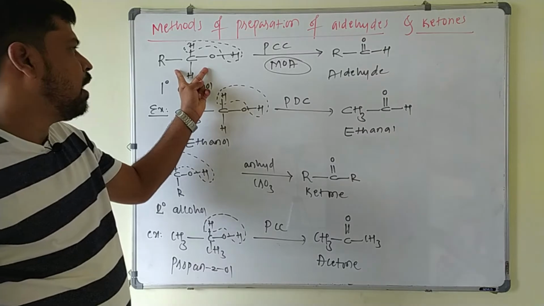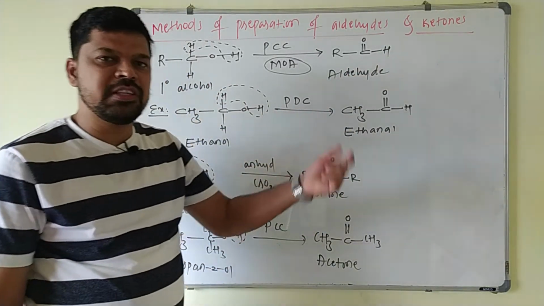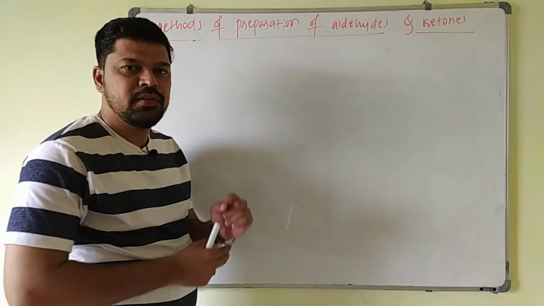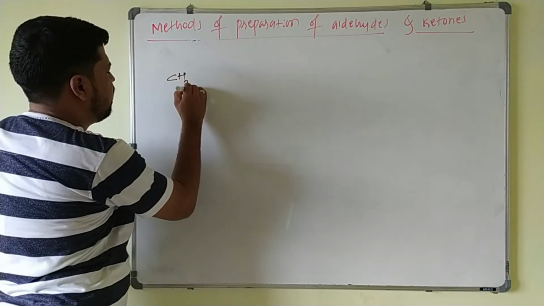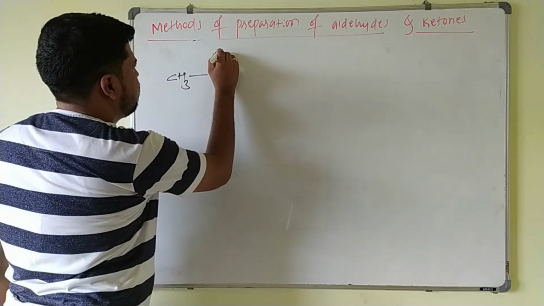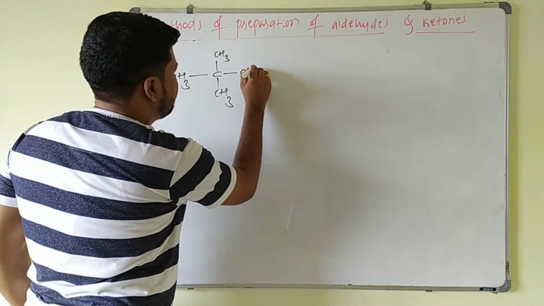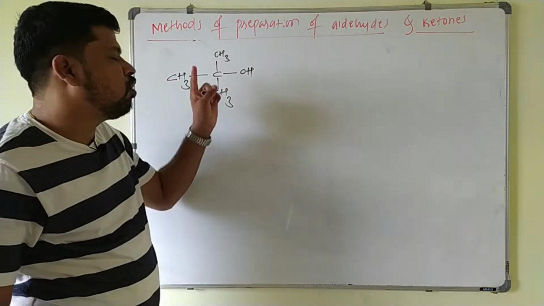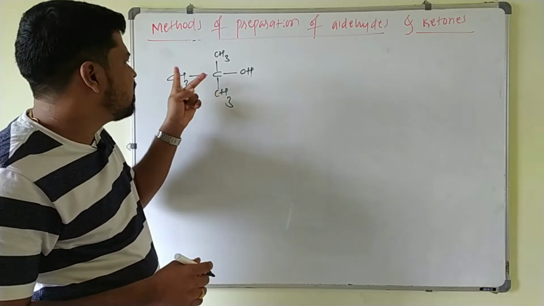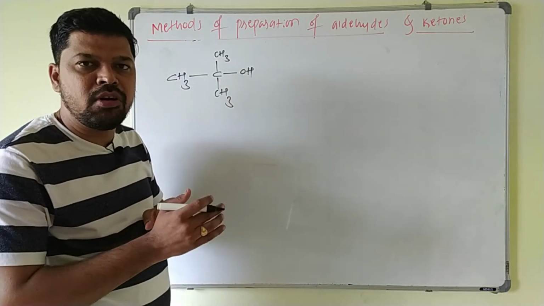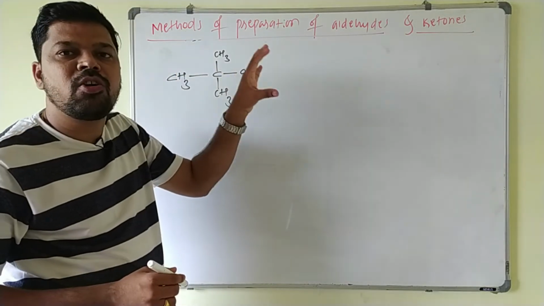Okay, these are the examples of oxidation of alcohols to the aldehyde and ketone. Always keep in mind, primary alcohols will give aldehydes, and secondary alcohols upon oxidation will give what? Ketones. Now we will see what happens to the tertiary alcohols. So the oxidation of a tertiary alcohol, suppose I take a tertiary alcohol, that is CH3, this will be CH3, and this will be CH3, and this is your OH. Usually these tertiary alcohols do not undergo oxidation because they do not contain any oxidizable hydrogen. Oxidation of these tertiary alcohols involves what? A breaking of carbon-carbon bond, which requires more energy here. That's why these tertiary alcohols usually do not undergo oxidation.